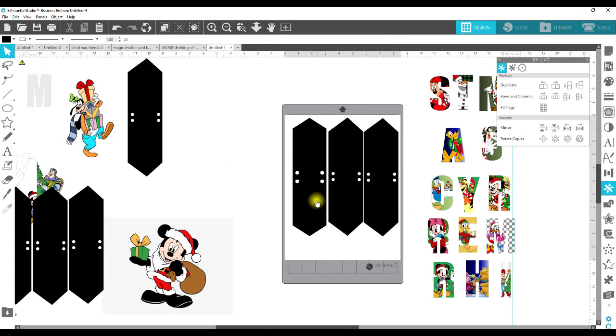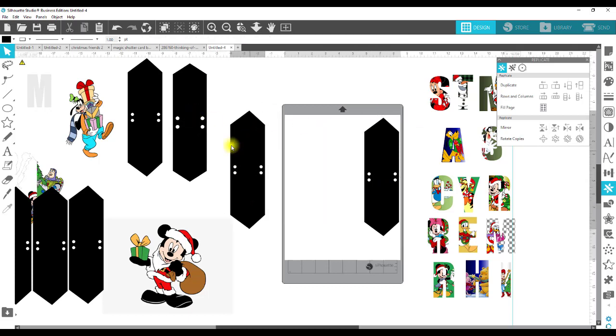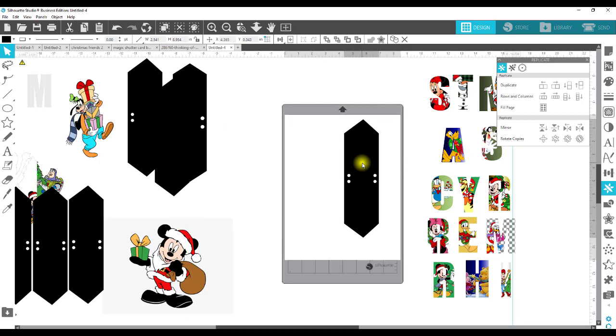Just like that, right? And you don't need to put on the registration marks because you're just going to cut this out of black cardstock. You certainly don't want to print all that. All right, so after we're done with this, then I'll just leave one over here so we can get the idea. All right, so let's just use the letter